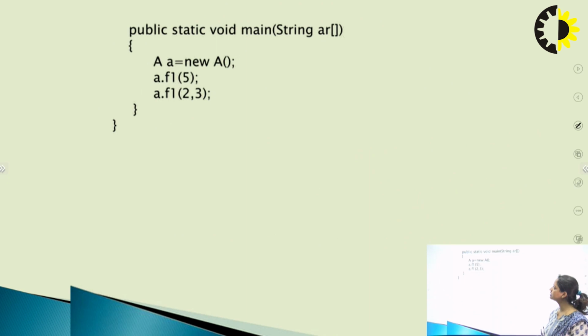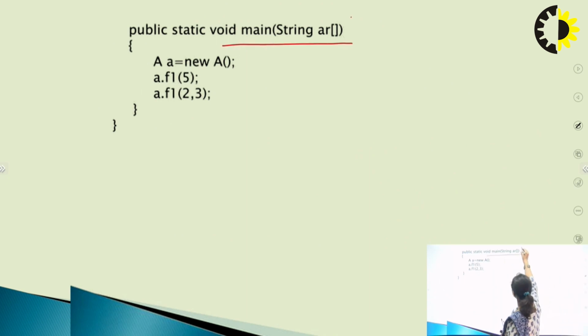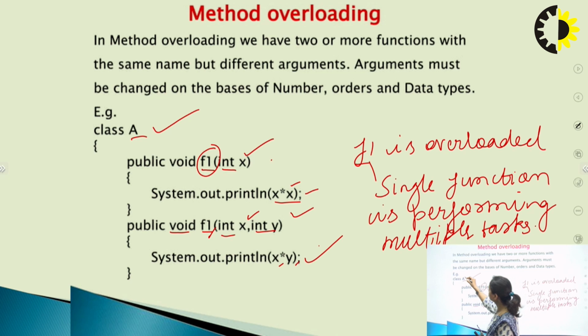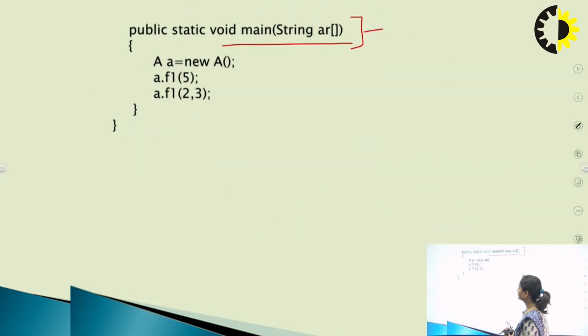We will create one main method. You can create this main method in the same class, or you can declare another class for creating this main method. Then we are creating an object of class A. So this is your class A, and how can we create an object? The class name, then the object name equals new the class name. So class name A, the object name is A equals new A, and through this A we are invoking the function f1 2 times.